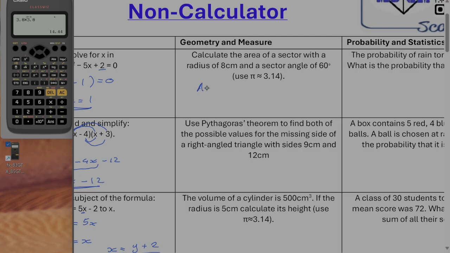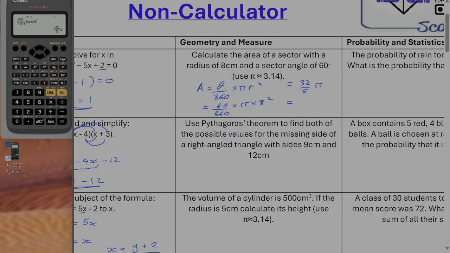So the area of a sector is going to be equal to the angle divided by 360 times by pi r squared. So in this case, that's going to be 60 over 360 times by pi times by 8 squared. So that'll give me 1/6, but just if I wasn't confident with that, I can type it in just like that. I'm going to say times by shift pi times by 8 squared, and this will give me an answer in terms of pi, hopefully. Yeah. So 32 over 3 pi,